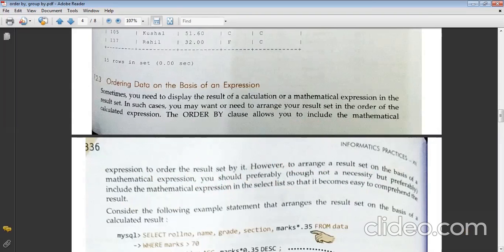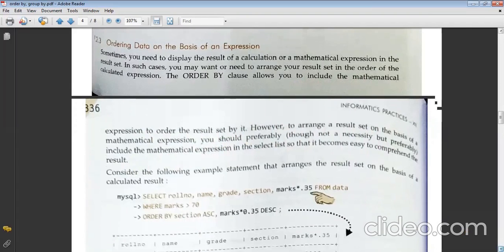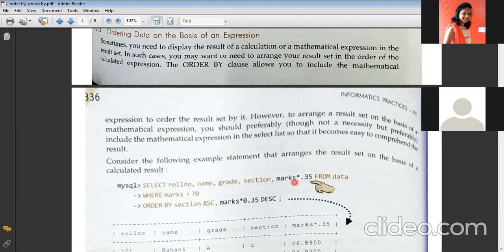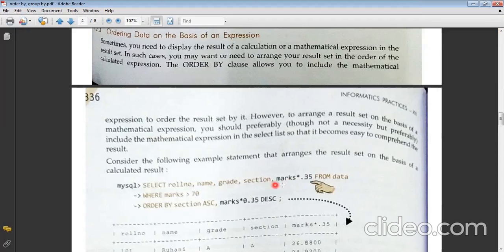Why? Because if you do not put it into the select list, you cannot see the output. Maybe the output would be calculated for you, but you can only see it when you put it into the select list.